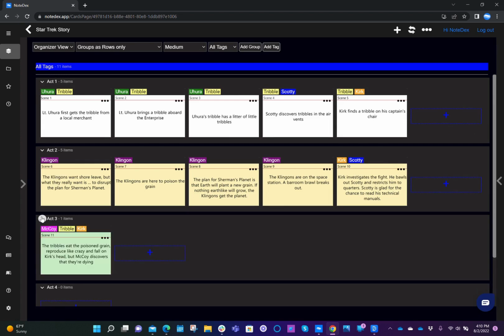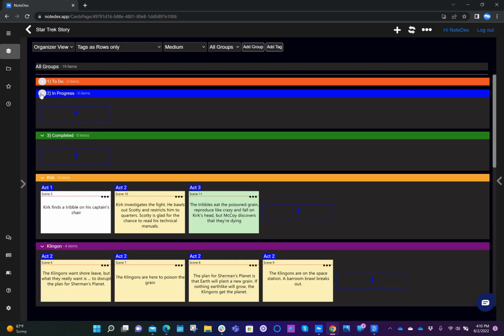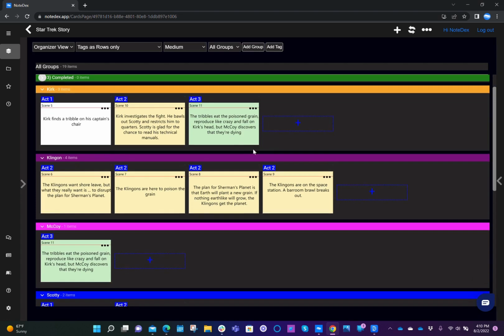I can also organize my cards differently. For instance, if I want to use the tags to organize my cards, I can do tags as rows. And in this case, the different tags that are available are shown as rows. And now we see the cards that are tagged and they are in the appropriate rows according to the tag.